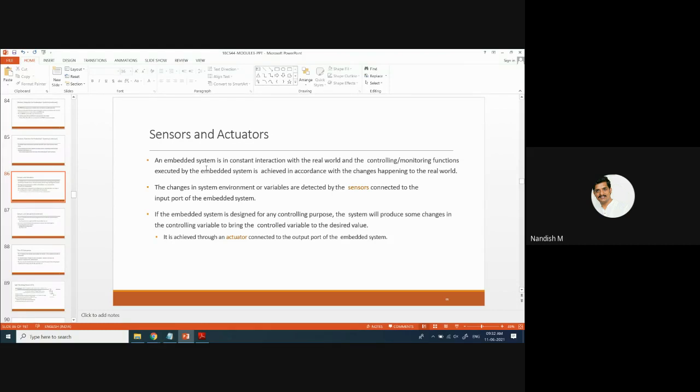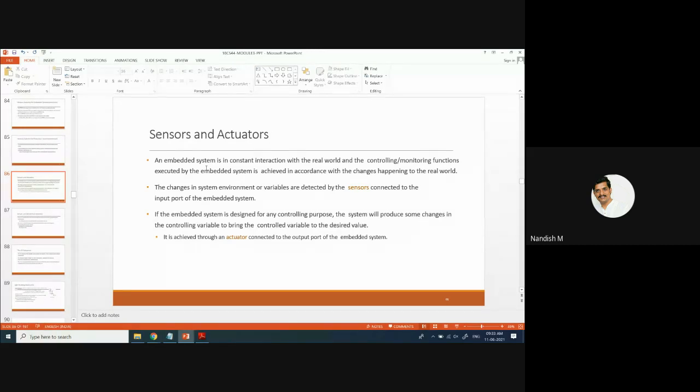An embedded system designed for a controlling purpose is, for example, an air conditioner. Based on the outside temperature, it is going to adjust the room temperature. A controlling variable will be there that is going to be adjusted. All these things will be achieved using the actuators.